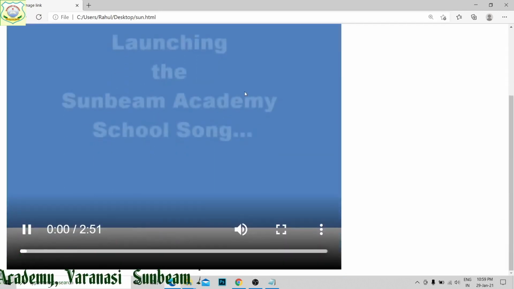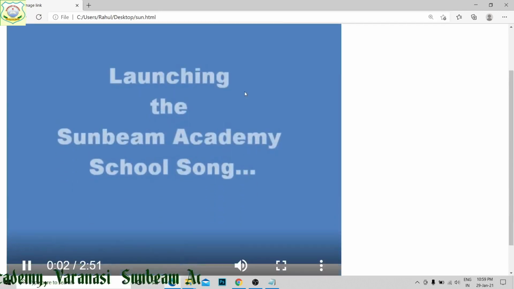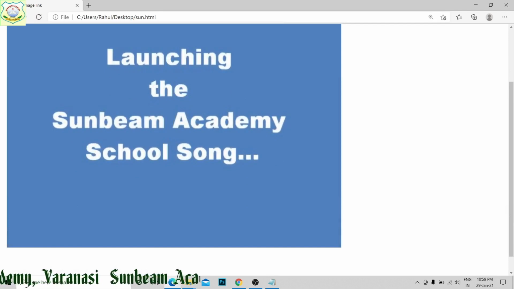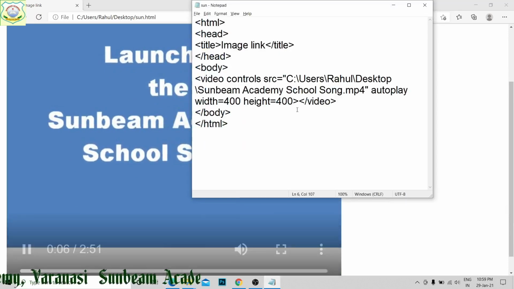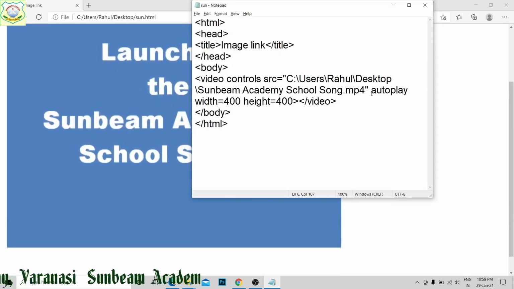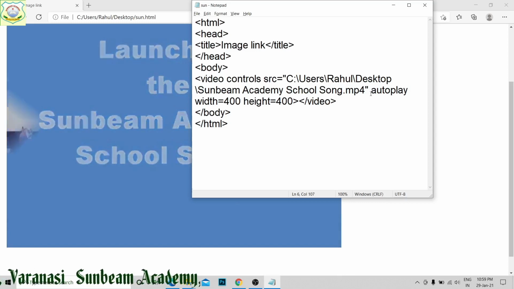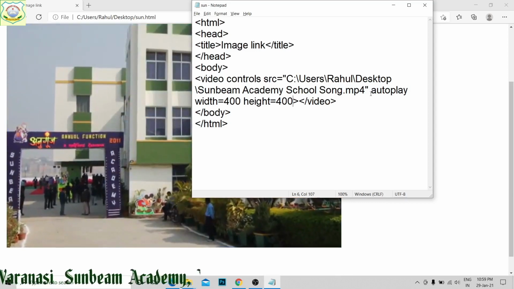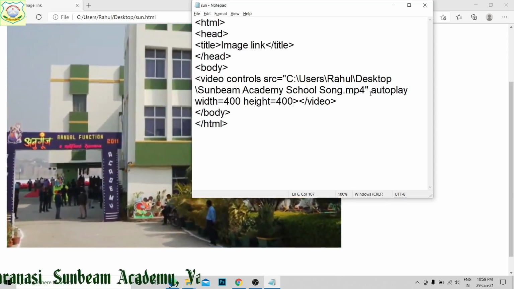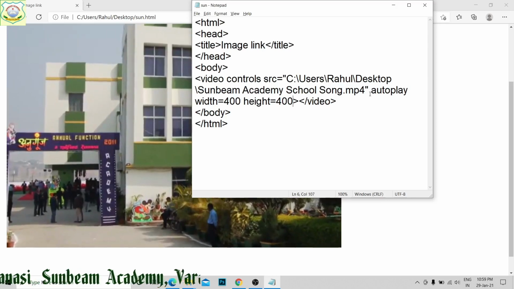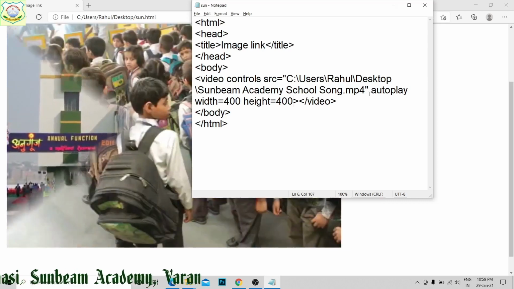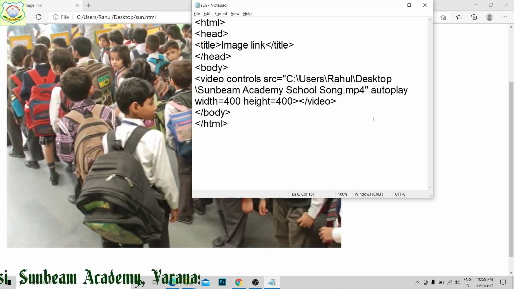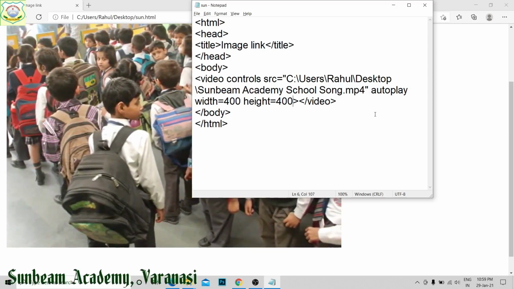Now refresh it. Now you can see the size has been decreased. Since it has autoplay, it has started automatically. By this we can add our video files in our web page. Directly your video will autoplay.